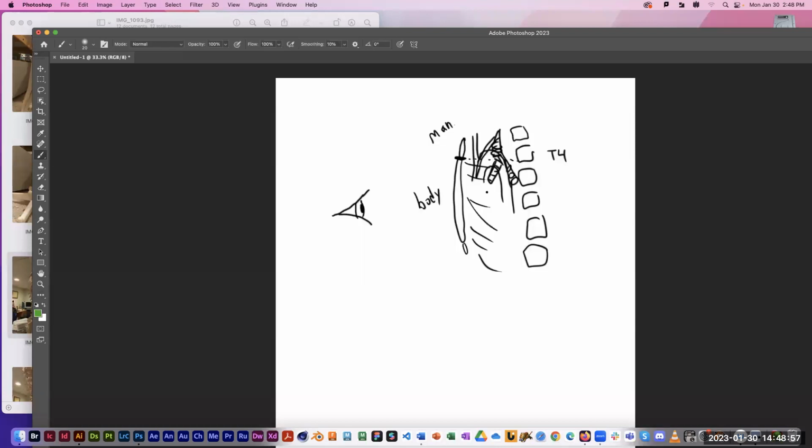I'm actually going to show you an illustration where I needed to show that relationship between these different structures that all line up between the sternal angle and the level of T4. The problem is, if I'm trying to photograph that with my digital camera, like I did with the skeleton, when I look straight across at the body, I'm looking in a straight line. So things in this part of the sternum are going to line up perfectly with structures in the vertebral column. But as I'm looking up,